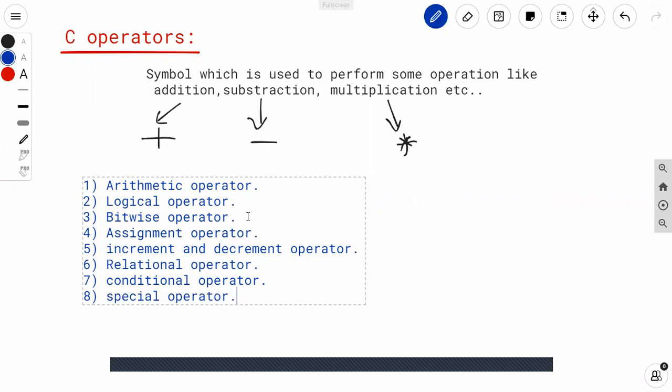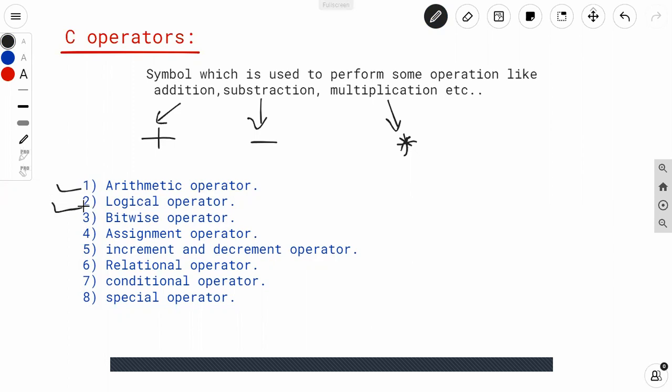So there are various types of operator which is used in C language. First is arithmetic operator, which is used for performing some arithmetic operations. Logical operator, which is used to combine the result of two or more expressions. Bitwise operator, assignment operator, increment and decrement operator, relational operator, and conditional operator, and some special operator.